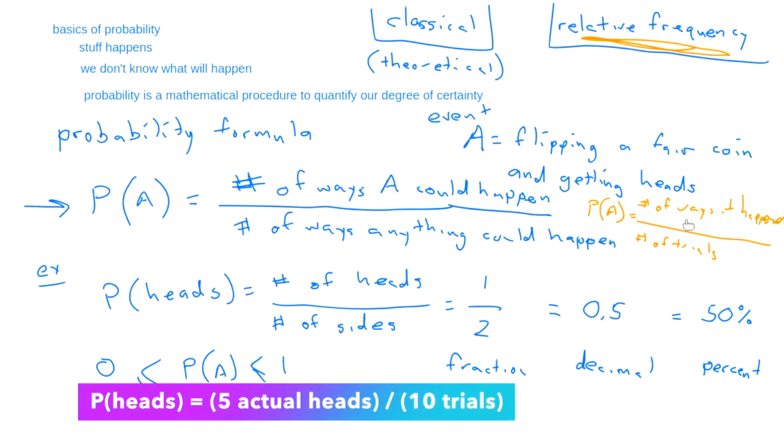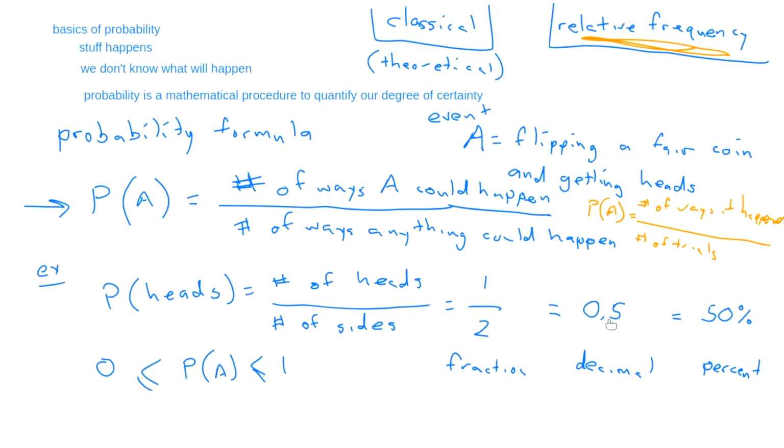Well, there you go, 5 divided by 10. And it turns out you could reduce the fraction if you wanted to. You could convert it to a decimal, you can convert it to a percent. So using the relative frequency method, I tried it out and I got a probability. And if someone walks up to me now and says, hey, what's the likelihood you're going to get a head on that coin that you were just flipping? I'm going to say 50%.